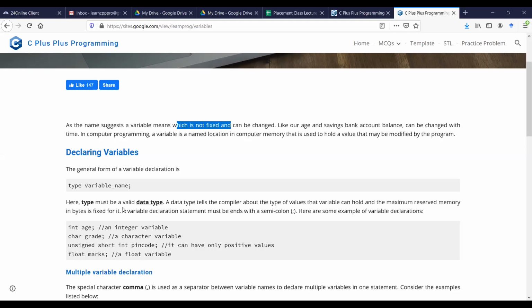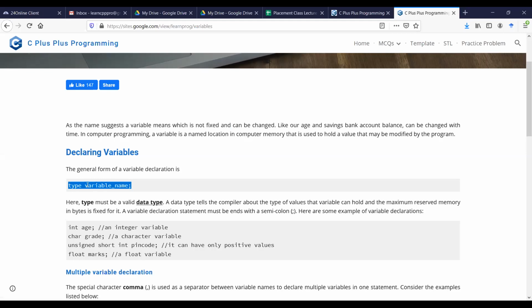So in C and C++, we normally follow a simple declaration, which tells us how to declare a variable. First of all, it starts with a type name, and then it is followed by a variable name. So what is this type? The type tells us a valid data type.